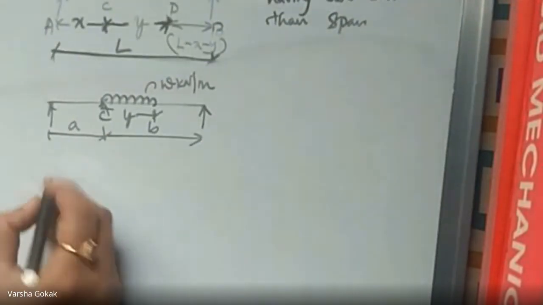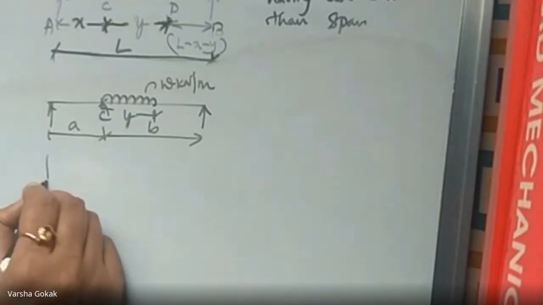Okay, we'll do one thing. We placed the UDL at the support and we got the maximum. If I ask you to place the UDL at the center and get the value, let us say this is your point C. I'll ask you to place the UDL here. So this distance is A, this distance is B, this is W kilonewton per meter, right? And it is spanning for Y distance. In this case, if I ask you to find the maximum shear force, how are you going to do?